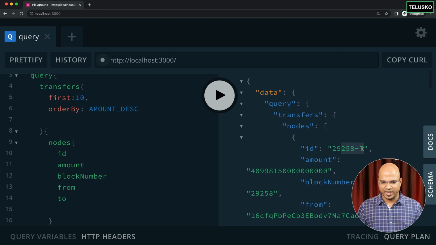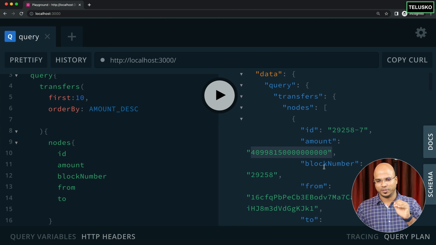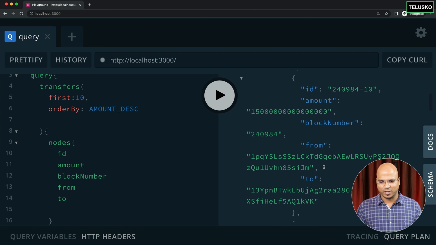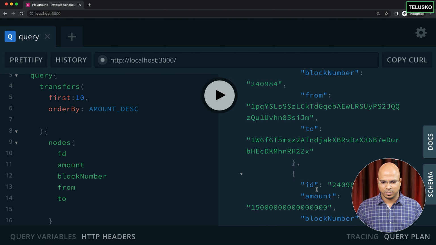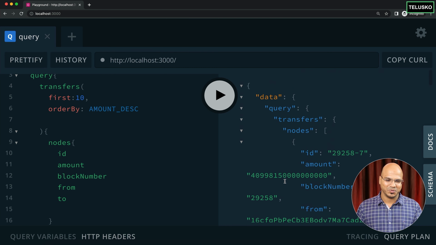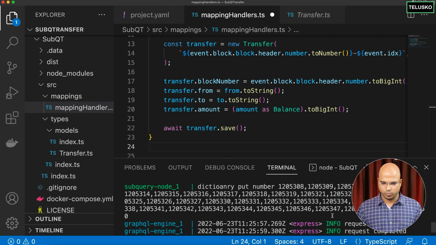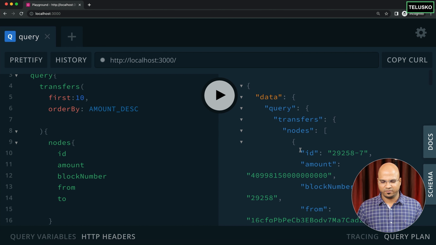So you can say this is the ID and this is the amount. Since we are saying descending order of the amount, we got the biggest amount on the top here, right? And if you scroll down, the number will go down, right? I don't even know how many zeros are there. Ignore it. So that's how you do this. We are basically trying to track all the amounts here. And if I go back to my VS Code, you can see it is still pulling all the data which is required. Cool. So that's how you run your GraphQL and you can fetch the data.